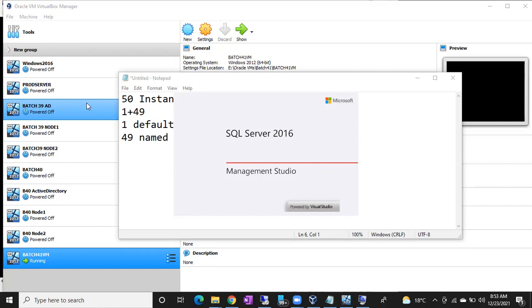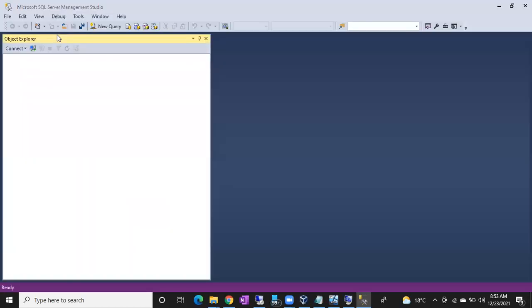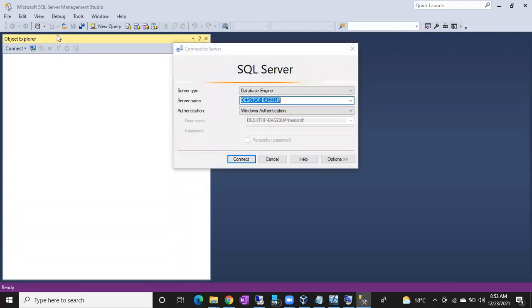For one machine, only one default instance, any version it is. Once it is occupied, you cannot install a default instance of any other version. Okay, agree, everyone? Is it clear? Per machine, we can install only one default instance. That does not depend on your SQL version. It depends on your server, the Windows server.